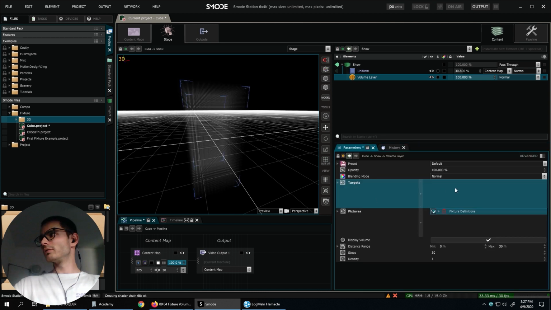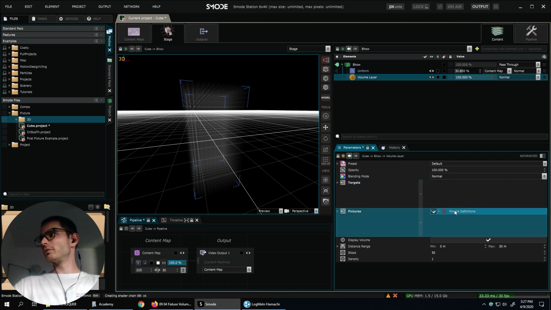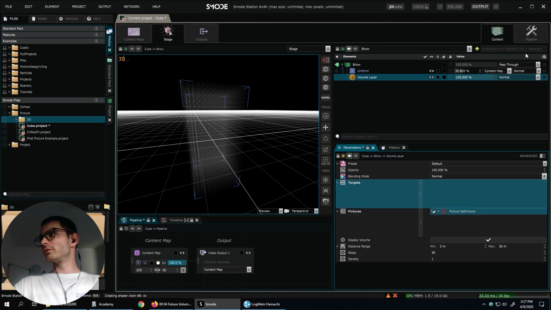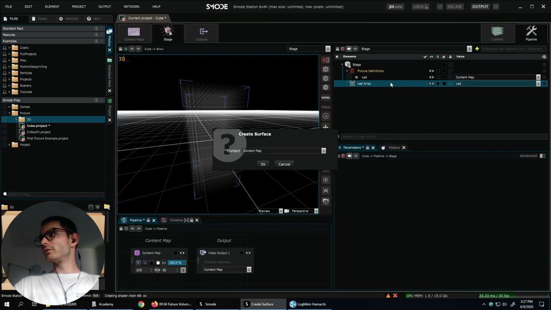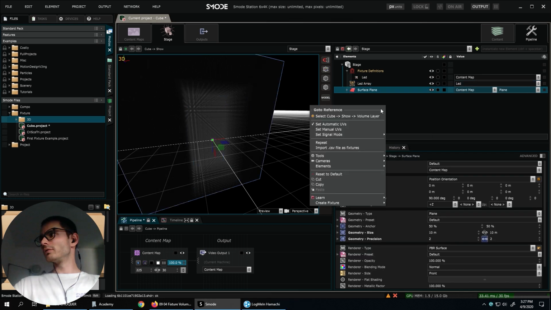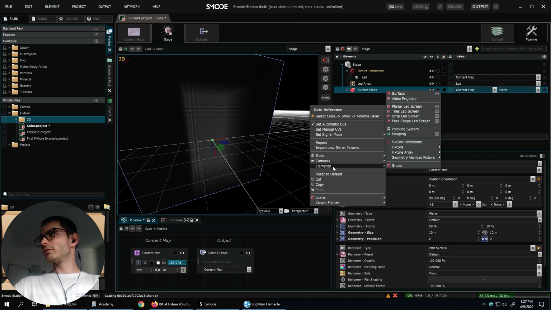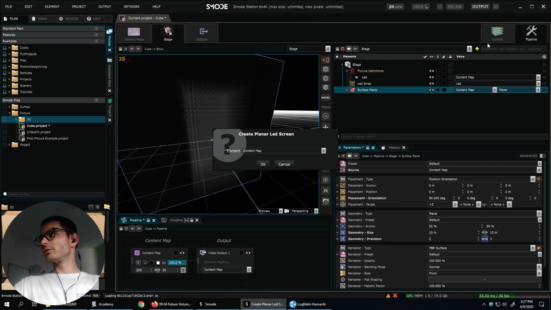In the volume layer, it can also target surfaces, LED screen, and obviously fixture. So if you have some surfaces or LED screen in your pipeline, let's create surfaces, for example, and just to show you on LED screen.